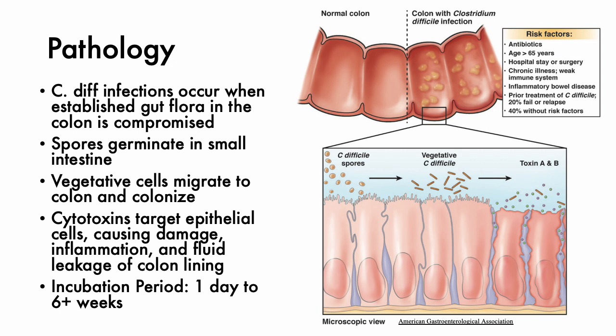So for example, in a hospital setting, say you're taking antibiotics and you have that gut disturbance and you happen to ingest a C. diff spore, that spore will travel down into your stomach. It survives the acid and enters the small intestine. The small intestine is nutrient rich, there's low oxygen, it's dark, it's warm. It kind of lets the spore know it's okay to germinate. So the spore germinates, it turns into a vegetative cell, and by that time it's reached the colon, where it